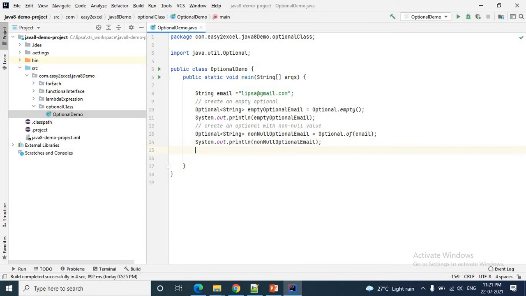Now another method is create an optional with a value that may be present or may not be present. Okay, let me just copy.